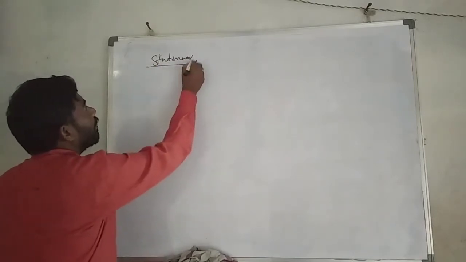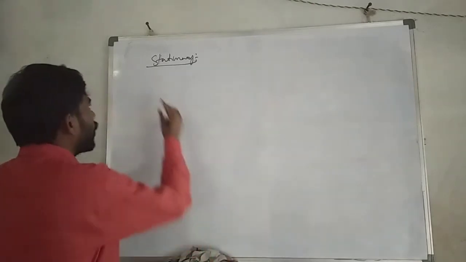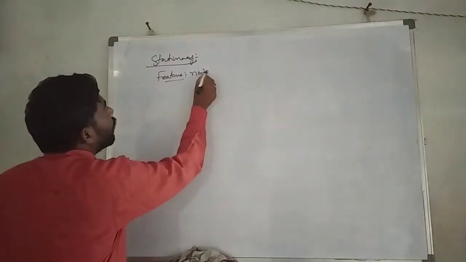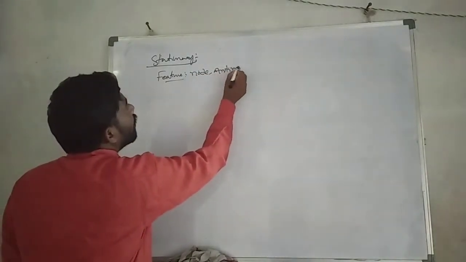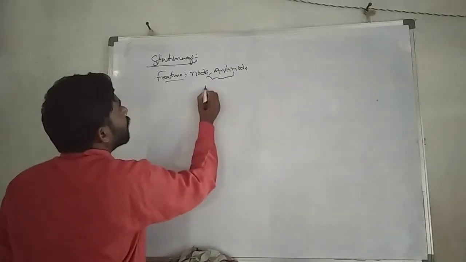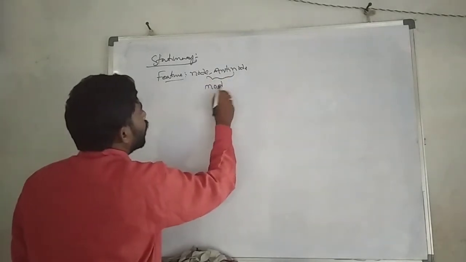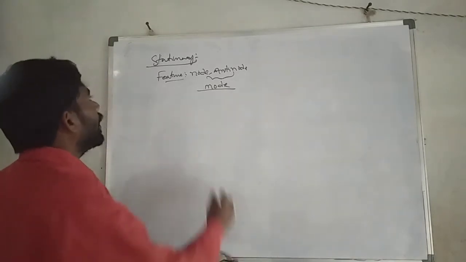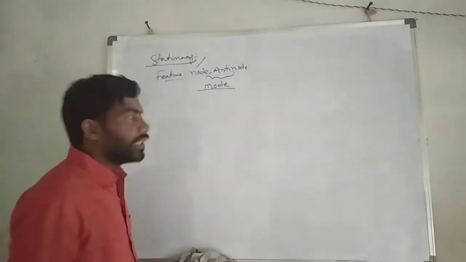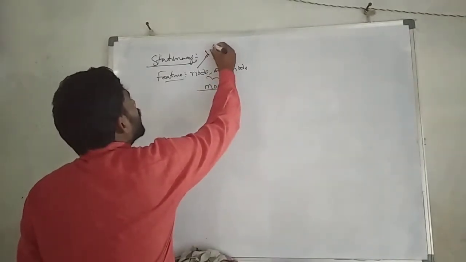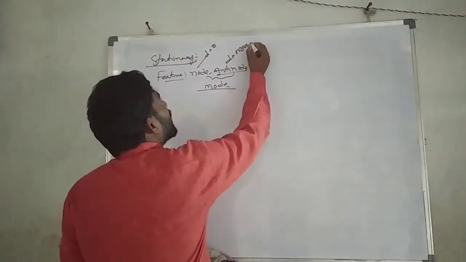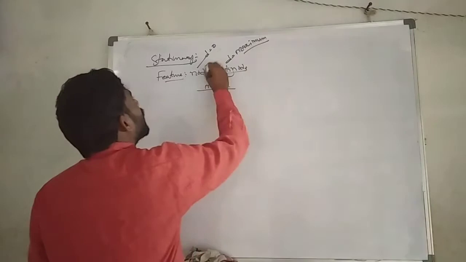In the last class, we discussed the stationary wave. The special features of a stationary wave are the node and the antinode. In general, we call this a mode. A set of frequencies is generally called the fundamental frequency. At the node, the displacement is 0. At the antinode, the displacement is maximum. It is minimum at the node.